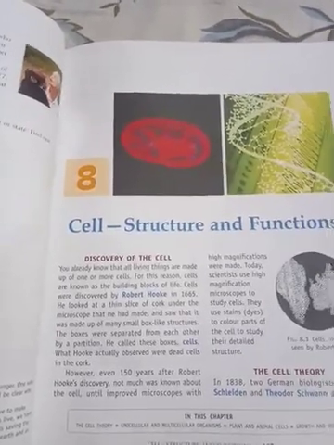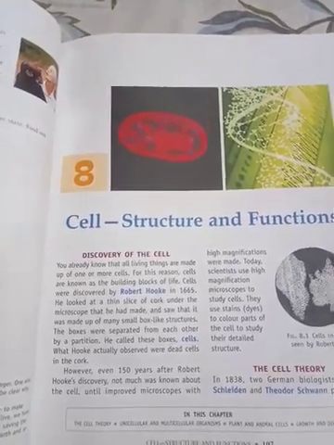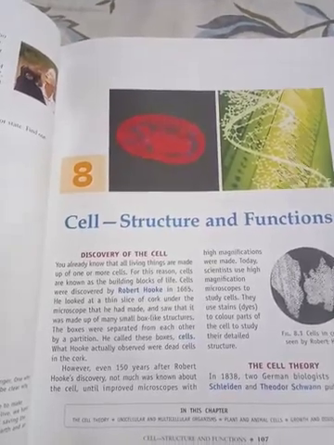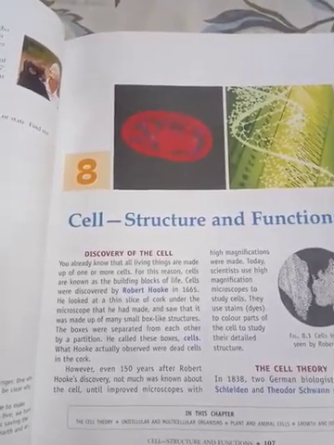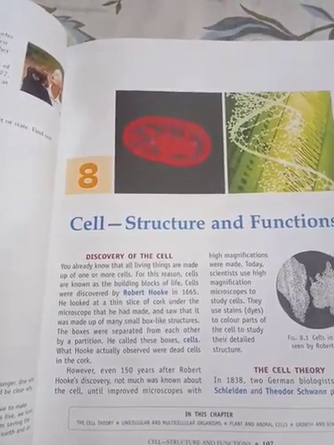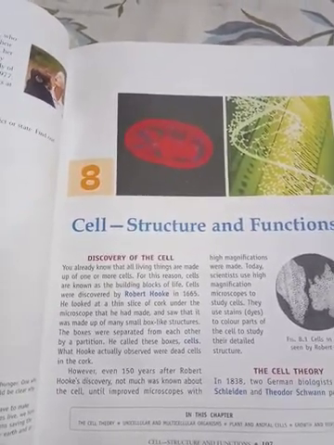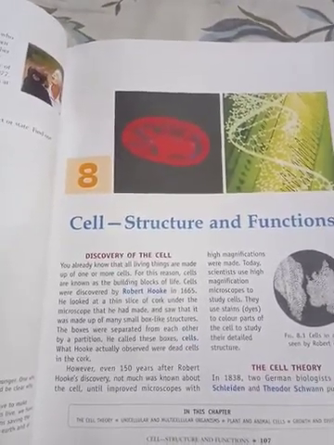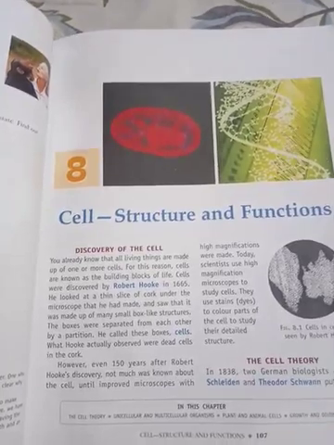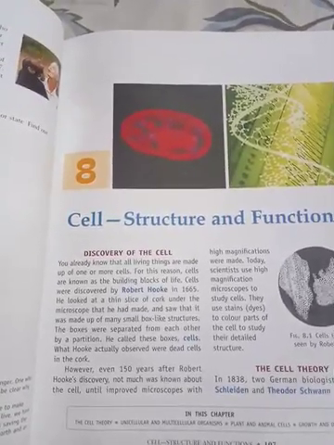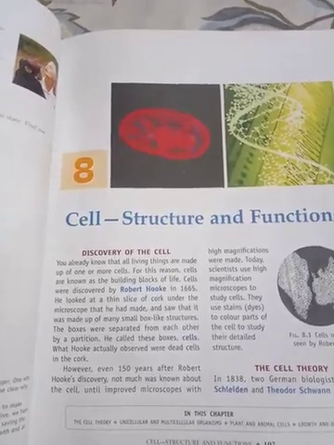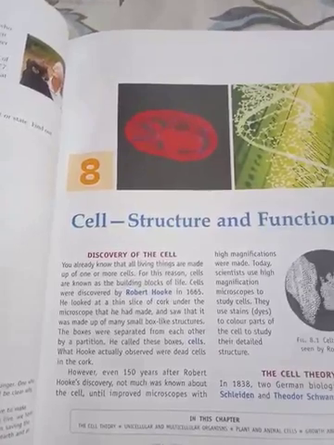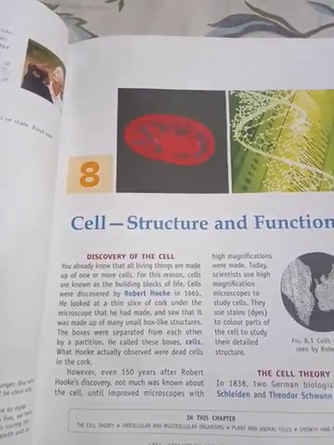In spite of great variation in size, shape, food habits, and habitats, all the living organisms have basic similarities among them. They all are made up of tiny units called cells. Thus, in biology, cells are the structural and functional unit of life. In order to understand the structure and function of an organism, we should know the structure of the cell and the functions of the various parts of the cell. So in this chapter, we will study the basic parts of the cell and the role played by these parts in